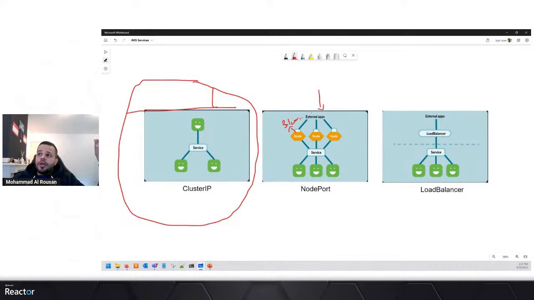So the traffic will come from external to the node, and from the node it will be sent to the service, and from the service to the pods or to your application. In external load balancer, the traffic will come from the external load balancer to the service, from the service to your pods or applications.